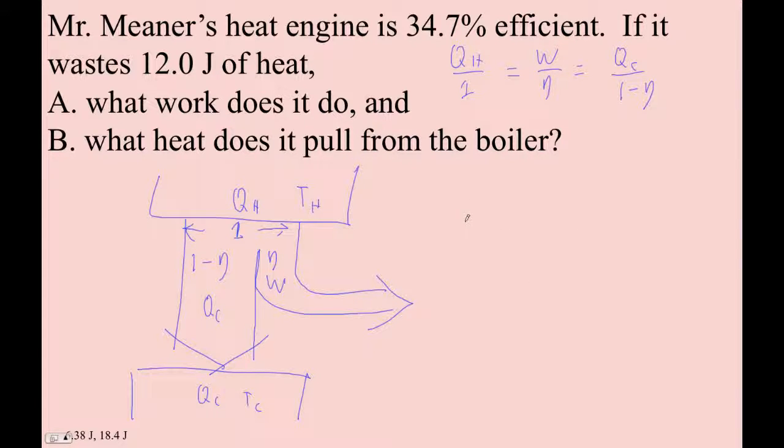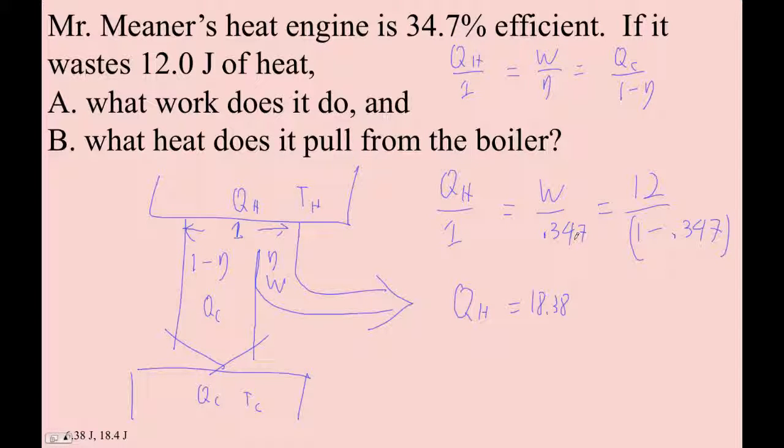All right, so this actually is a very simple problem, right? QH over 1 equals work divided by 0.347 equals 12 divided by 1 minus 0.347, right? First thing I do is I go 12 divided by parenthesis 1 minus 0.347. I now have 18.38 or 18.4, which is QH, right? And then I'm going to take that number, just multiply by 0.347 because I'm too lazy to subtract or think like that. Okay, and I got,